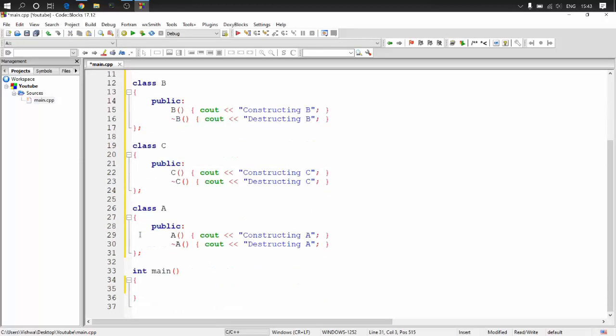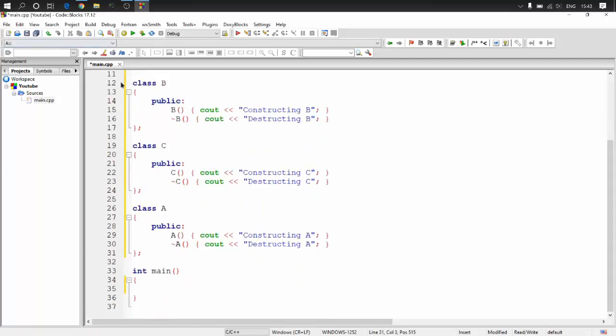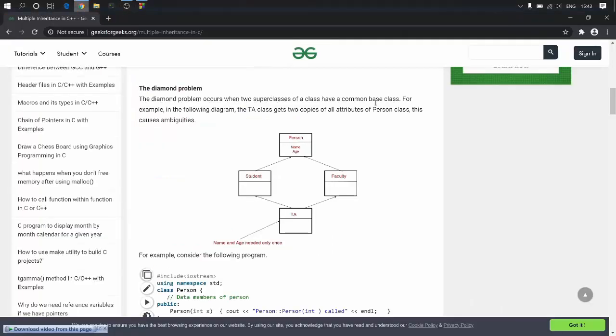Now create another class which is going to be D, because we need 4 classes. Let me quickly show you that picture.